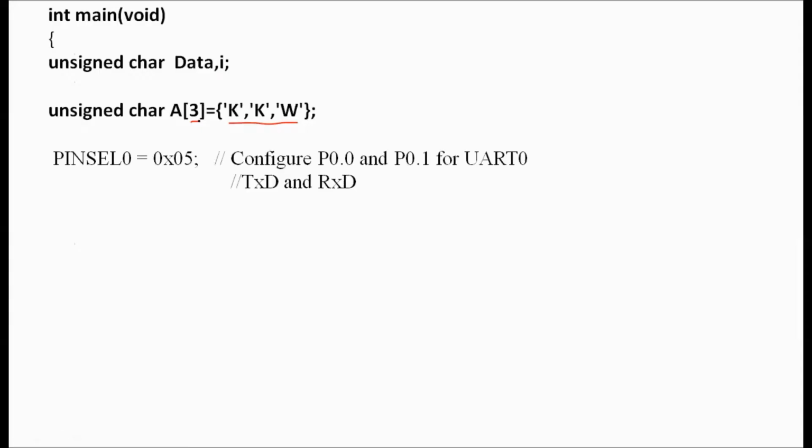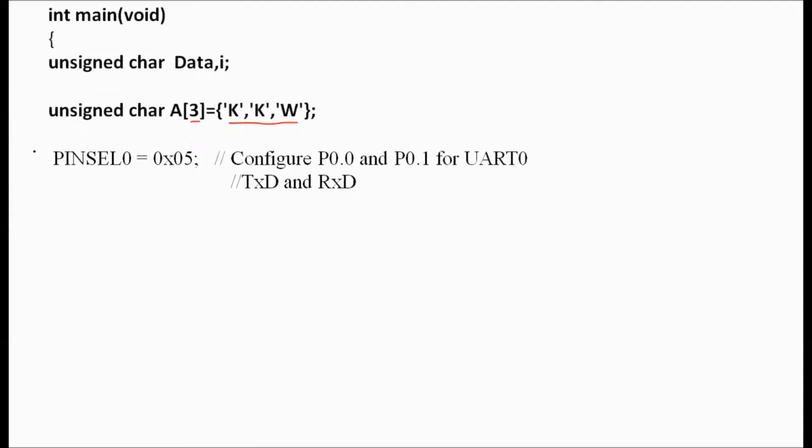Here the variables are initialized, like data and i, which we'll use here. I am going to transmit a KKW string. You can transmit any string. According to the length of the string, you have to change the digit here. So we are declaring here an array with some characters. Now we'll start